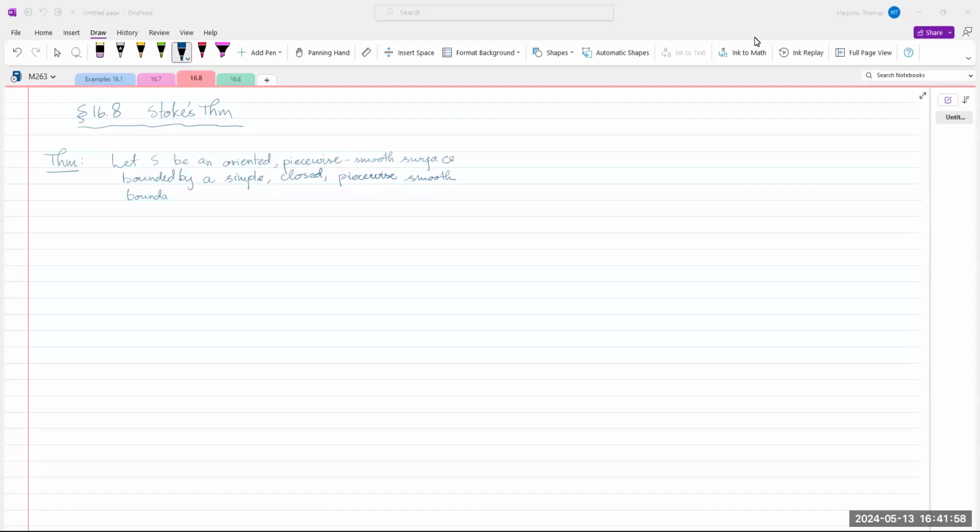Okay, today we will work on section 16.8 on Stokes' theorem, and let's start with the theorem. Let S be an oriented piecewise smooth surface bounded by a simple closed piecewise smooth boundary. Because this boundary is the boundary of surface S, then we can say that boundary is dou S. Just notation. We used this notation before. The boundary of a surface, a boundary of the solid, we can use that dou S or dou E to represent the boundary. Now, with positive orientation,